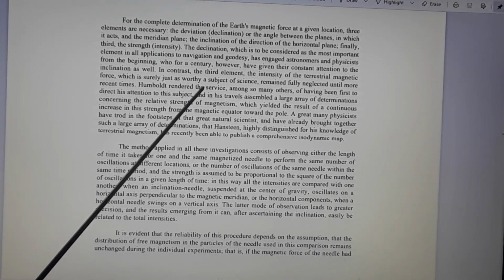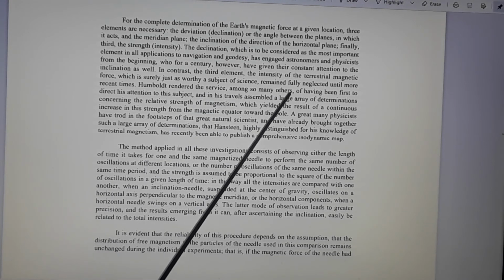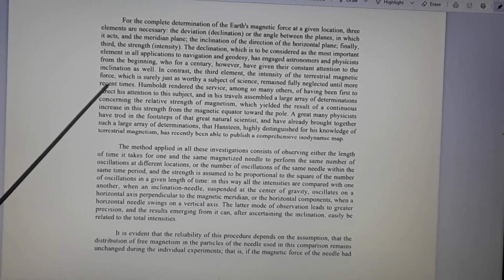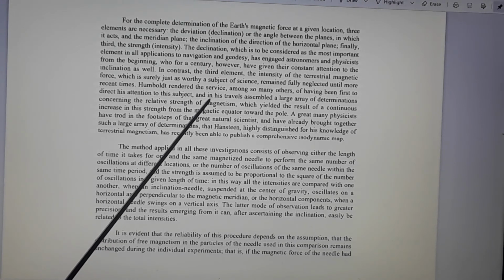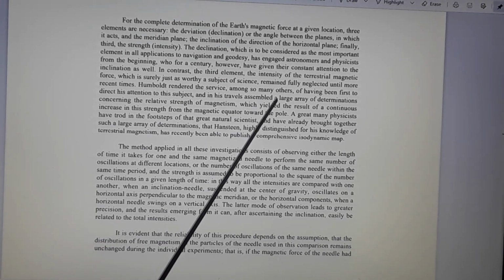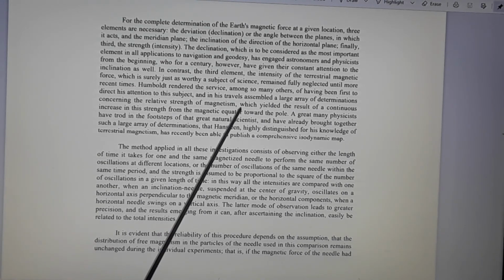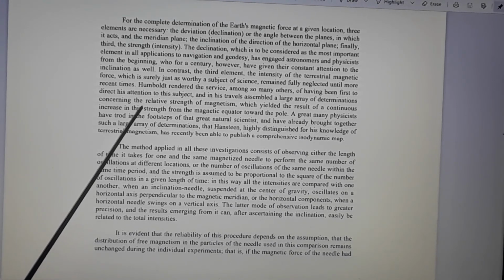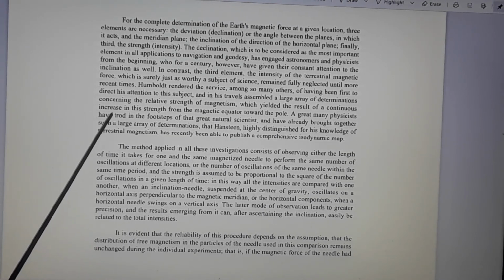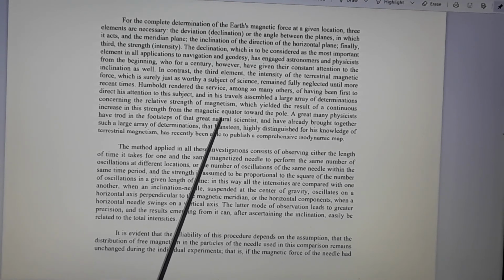Humboldt rendered the service, among so many others, of having been first to direct his attention to the subject, and in his travels assembled a large array of determinations concerning the relative strength of magnetism, which yielded the result of a continuous increase in the strength from the magnetic equator toward the pole. A great many physicists have trod in the footsteps of that great natural scientist and have already brought together such a large array of determinations that